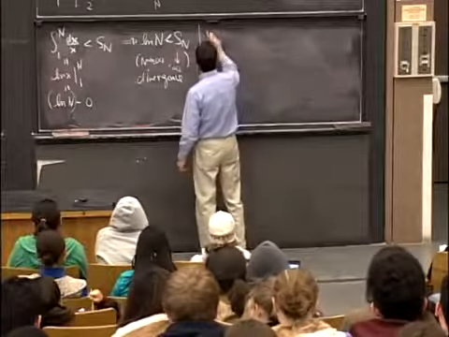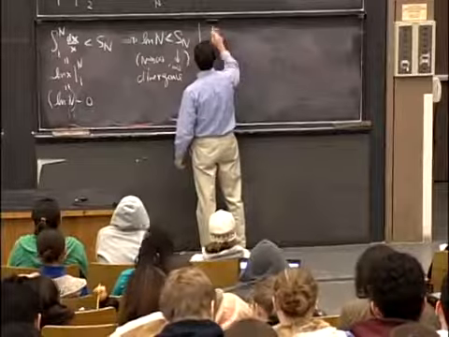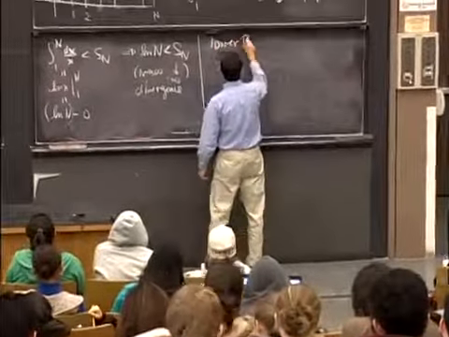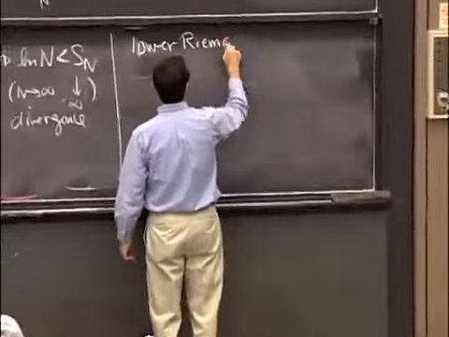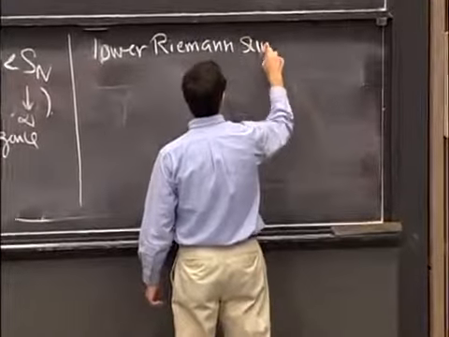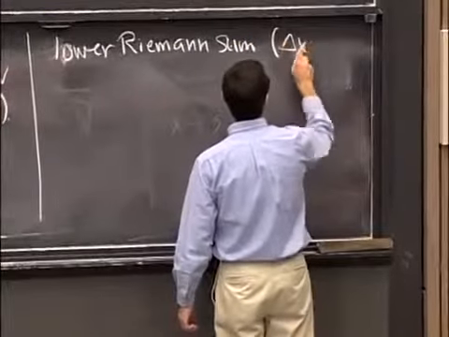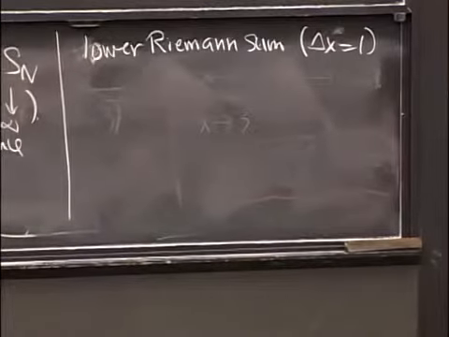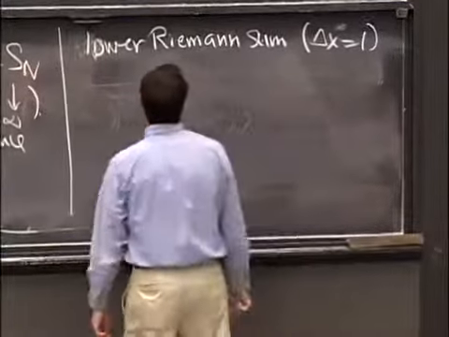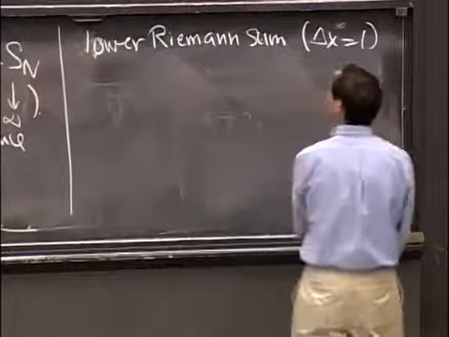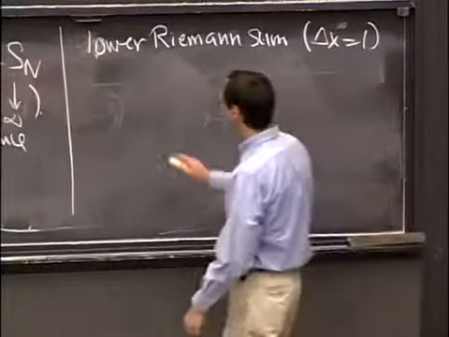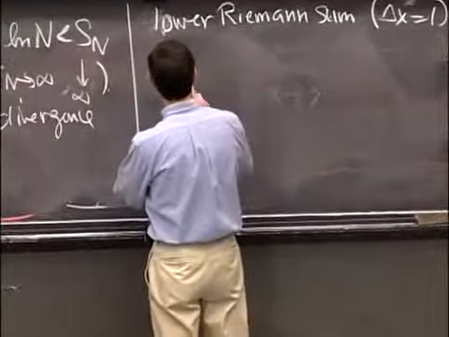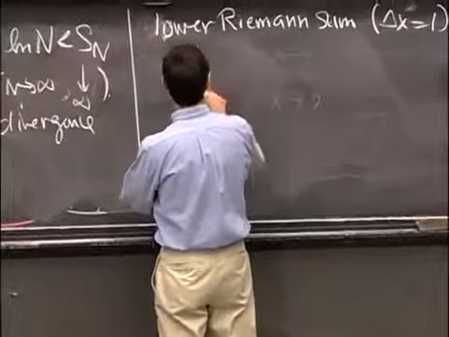So if I use the lower Riemann sum, again with delta x equals 1, then I have that the integral from 1 to n of dx over x